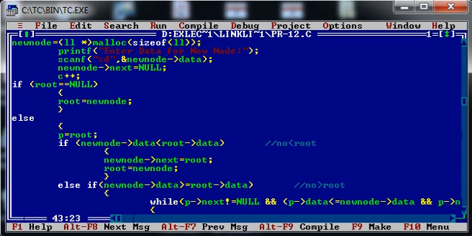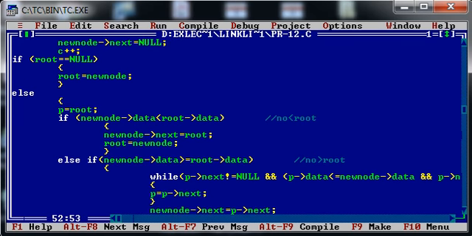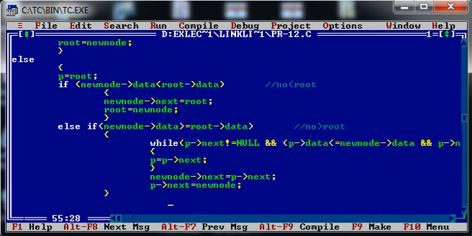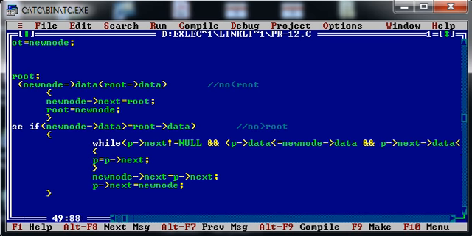as you know, in mathematics there are only three types of comparisons. Either number is greater than number, number is less than number, or number is equal to number, right? So over here we have already checked the first condition, that is number is less than root. If it is the case, then we need to place the newly created node in the beginning. If the number is greater than or equal to the root node, in that case we need to get ready for traversing, right? But as you can see, I have taken the condition that the data part of the new node is greater than or equal to the data part of the root node. In that case, what we need to do, we need to get ready for traversing.